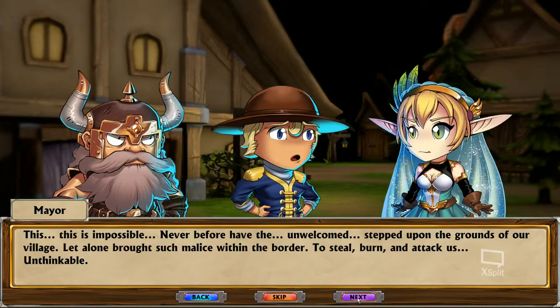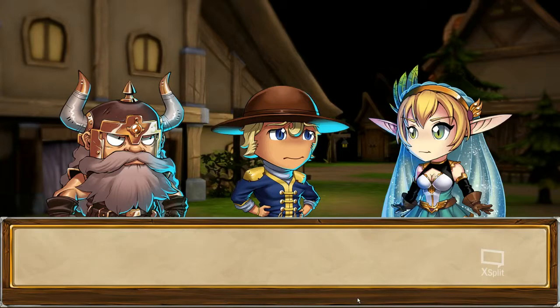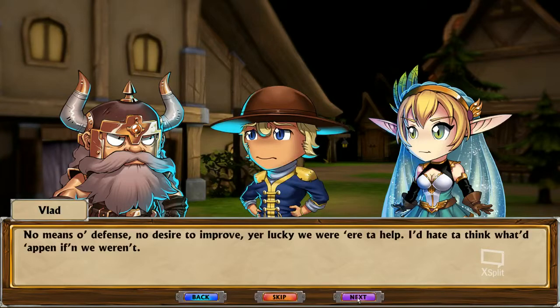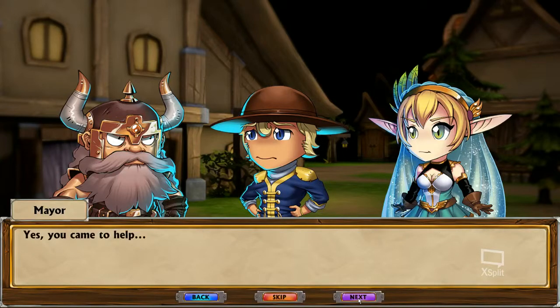This is impossible. Never before have the unwelcomed stepped upon the grounds of our village, let alone brought such malice within the border. To steal, burn, and attack us? Unthinkable. What have we done to deserve such spite? No means of defense, no desire to improve. You're lucky we were here to help. I'd hate to think what had happened if we weren't. Yes, you came to help. Thank you. Thank you for saving us from those creatures. If not for you...